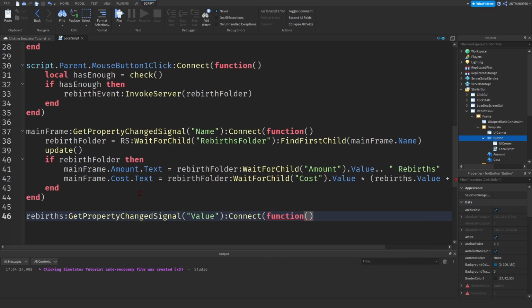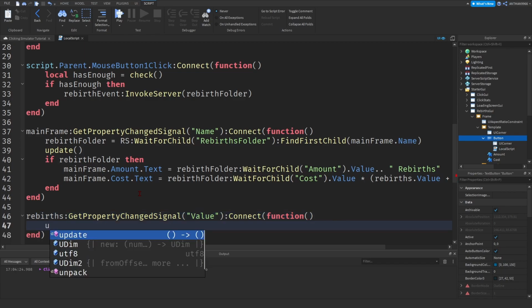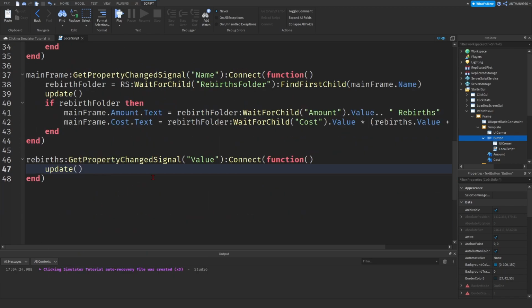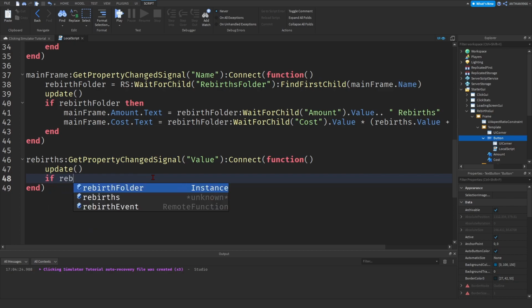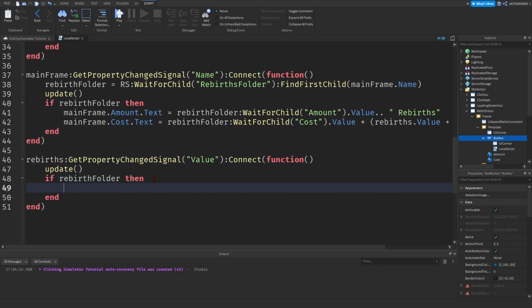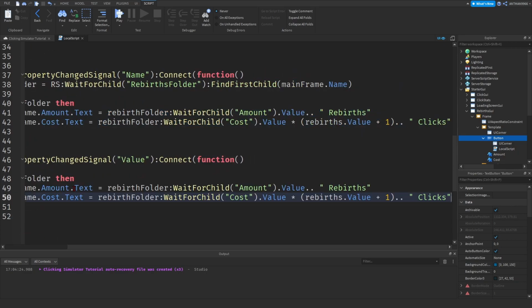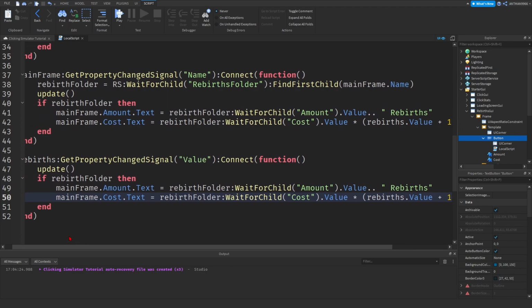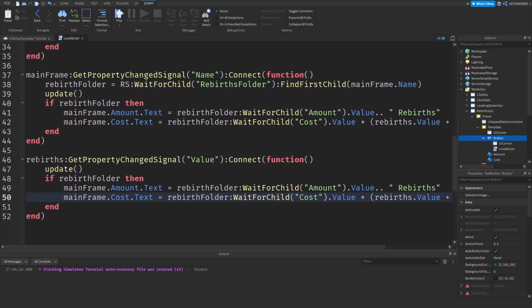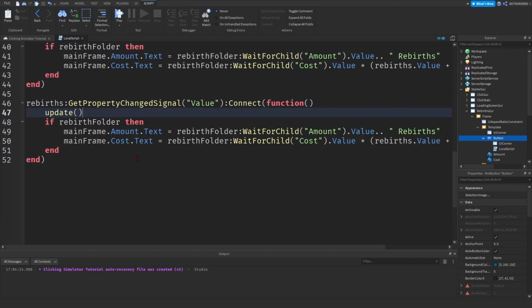function brackets, and you're going to come down that line, and you're going to say update brackets, and then you can say if rebirth folder then, and then you can just copy these two lines here. Basically just copy them and paste them in there, just like that. And so basically this is saying, when the rebirth value gets changed, you're going to connect it, you're going to run the update function,